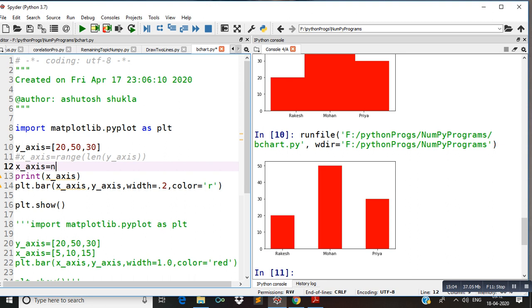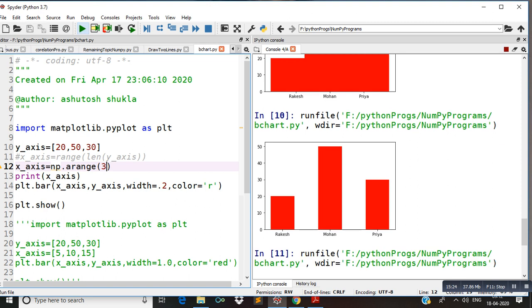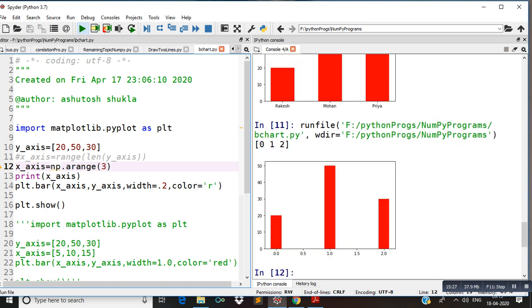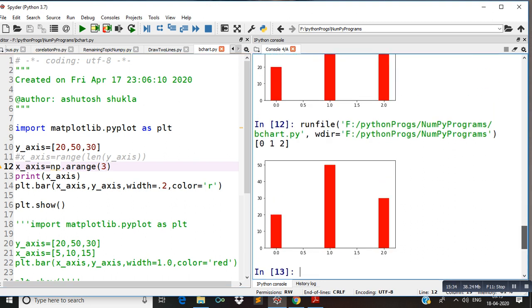Now see what is the output of this code. And print x-axis, that is values 20, 50, 30. These values are here also. So using this function np.arange, we can also assign values for this axis as we were using the range function.